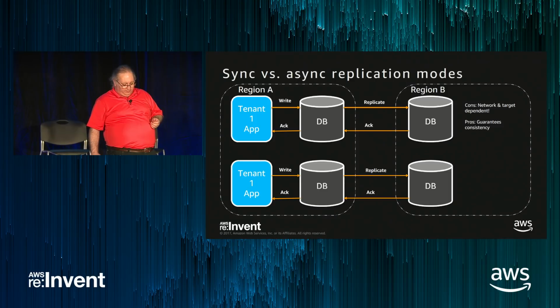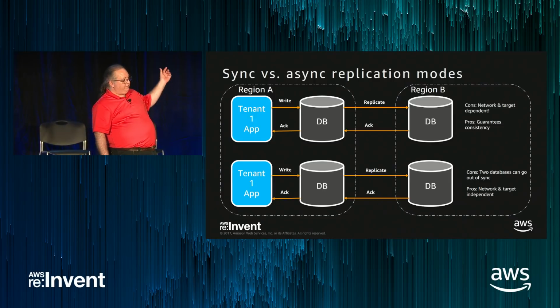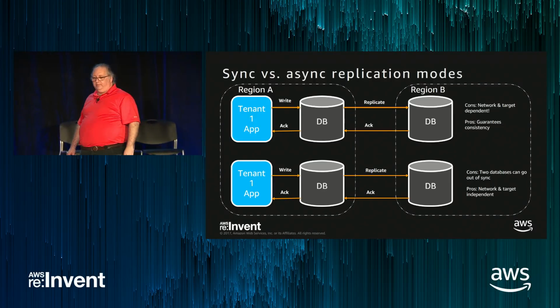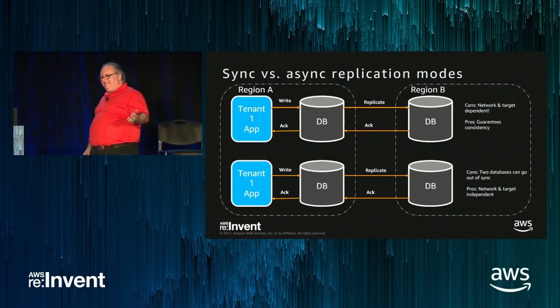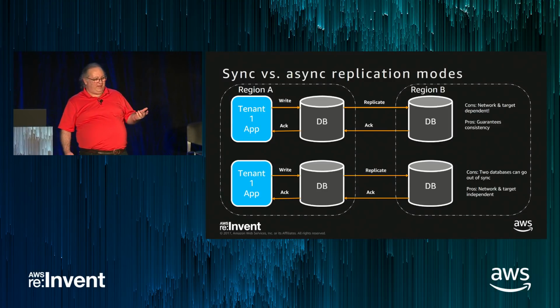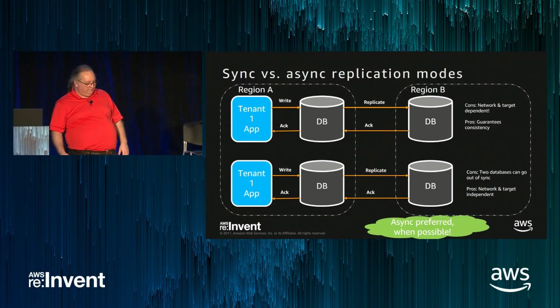Or I can do the write and replicate and ACK, but the danger here, you might have noticed I did the acknowledge before the replicate, is that things can go out of sync if there's a problem. But that radically reduces the latency on the other end. So basically here you have two bad choices. You have to decide which bad choice is less bad for your application and your environment.